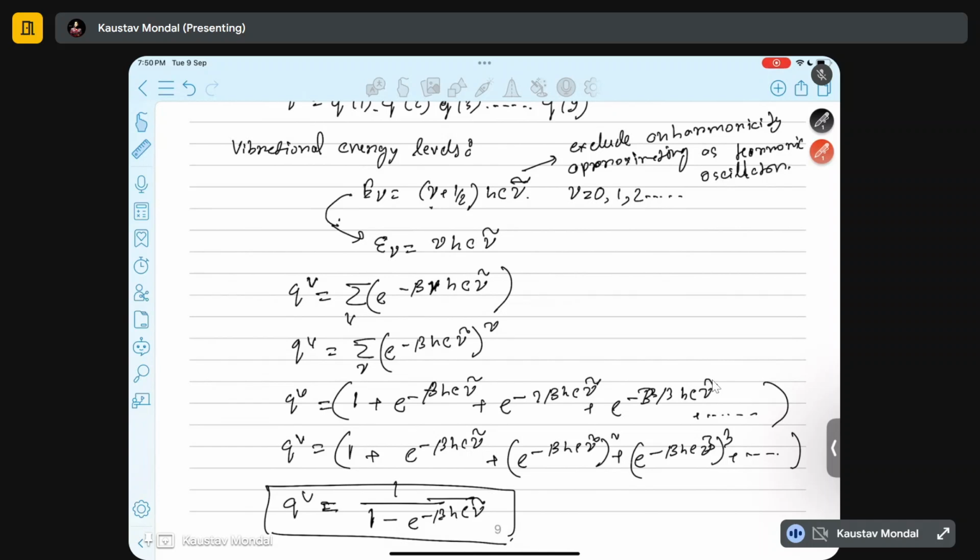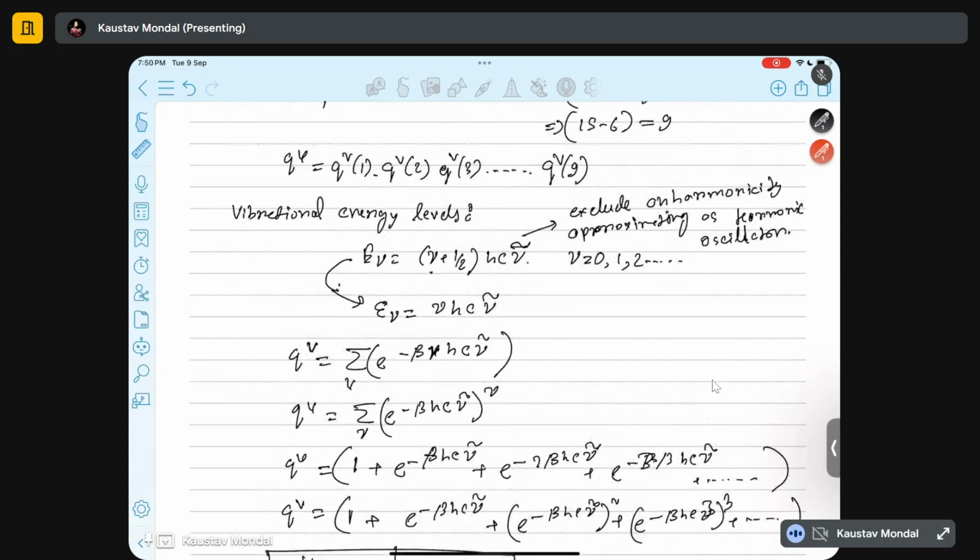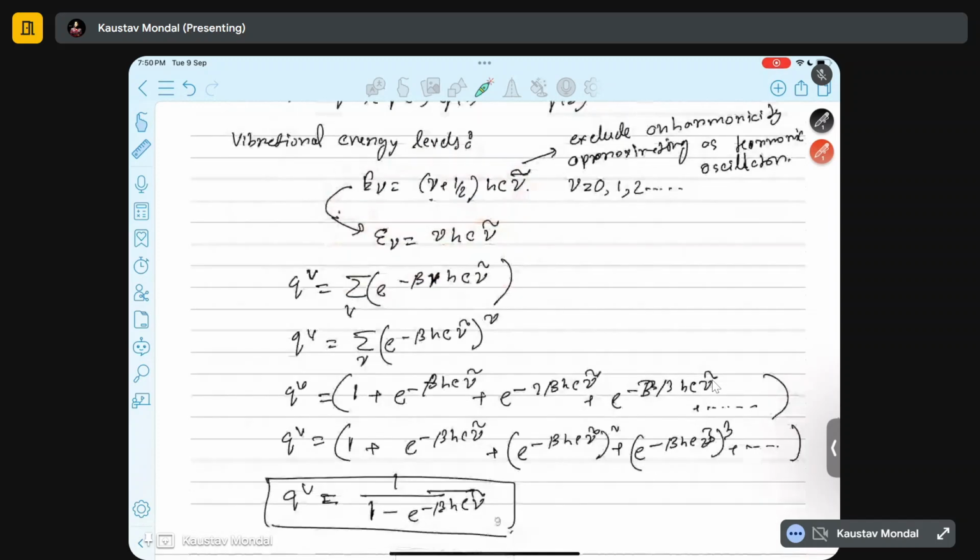So we are considering the energy levels as a harmonic oscillator. The h nu is simply given by this formula, and after substituting